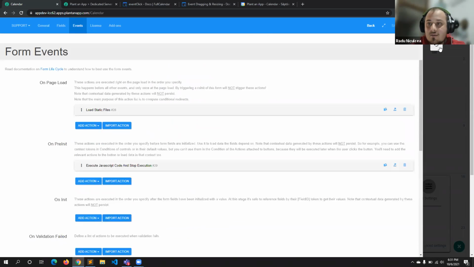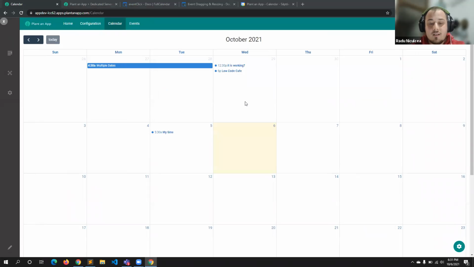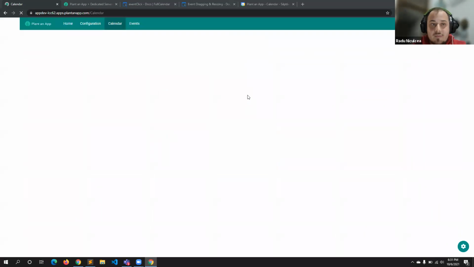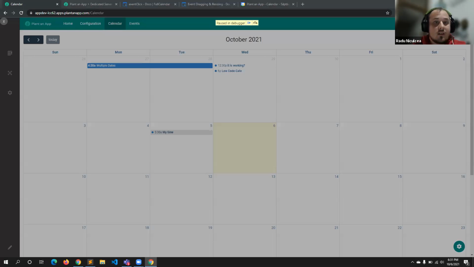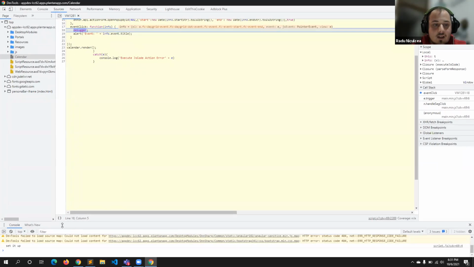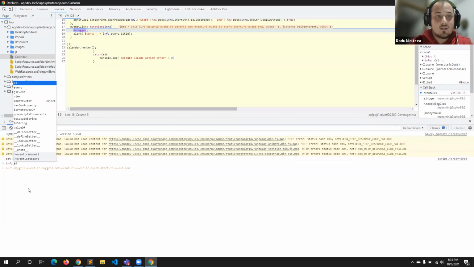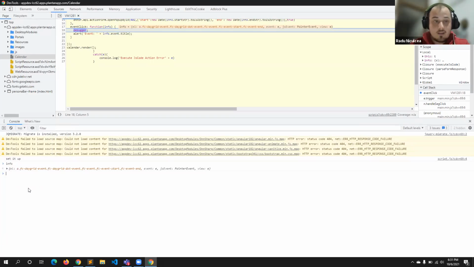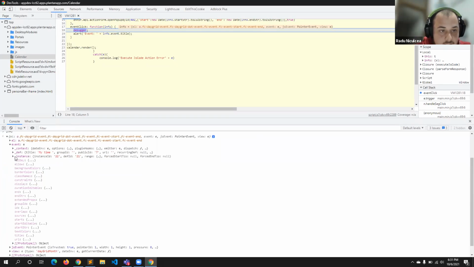So let me click save really quickly, and I'll pull up a browser console on the side here. Let me refresh this. All right, so let's click on my time. Let me do it again. All right, so at this point, I'm in that piece of code, and now I would like to see which is the value. So it's info dot, maybe we should see the info details here directly. So it's the event itself.